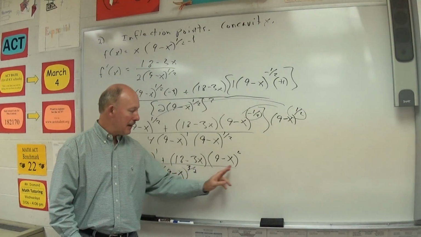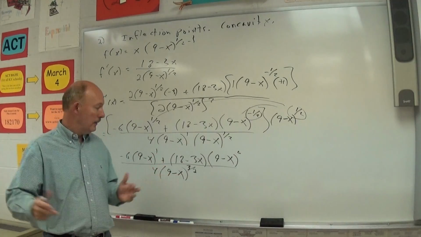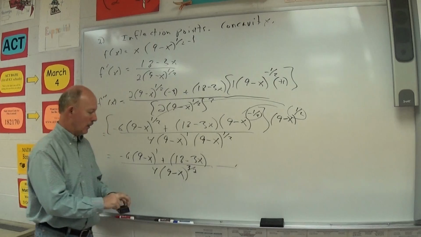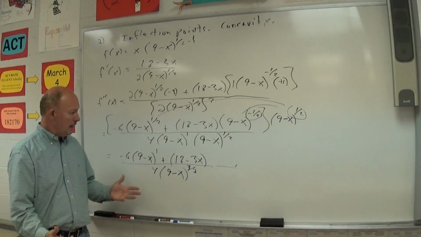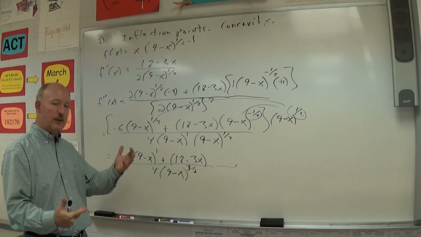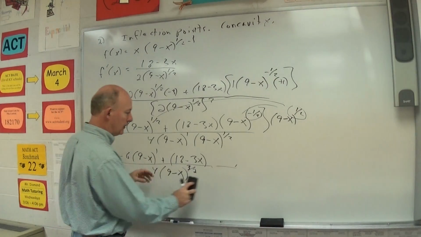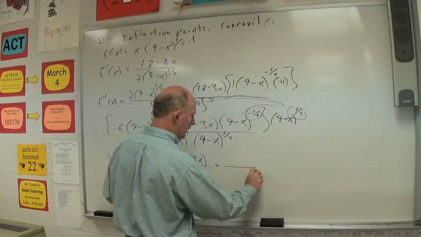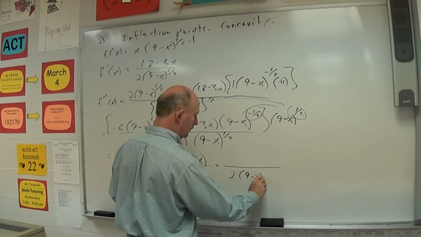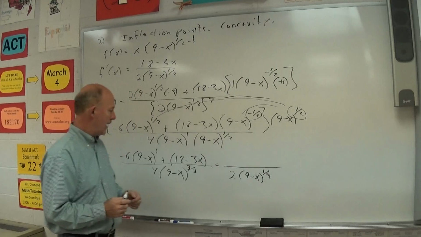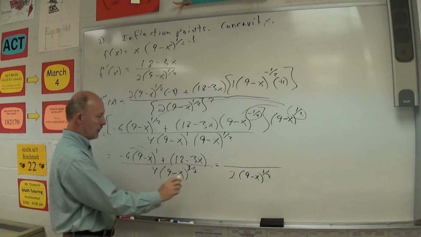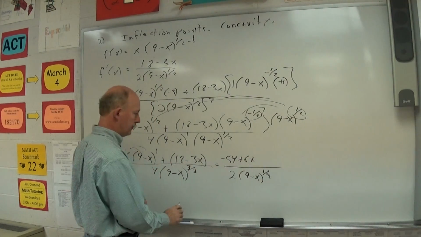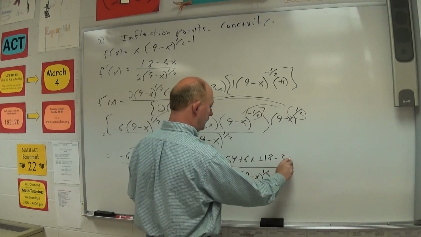Now keep in mind, 9 minus x to the 0 power is actually 1, so that basically gets rid of that expression there. So that whole thing, I'm just going to erase it. Now, all that's left to do is to remove parentheses, combine like terms, and let's see what we get here. So let's see if we can simplify this some. This will be 2 times 9 minus x to the 1/2 on the bottom over fraction still. Multiply the negative 6 inside our parentheses will give us negative 54 plus 6x plus 18 minus 3x,